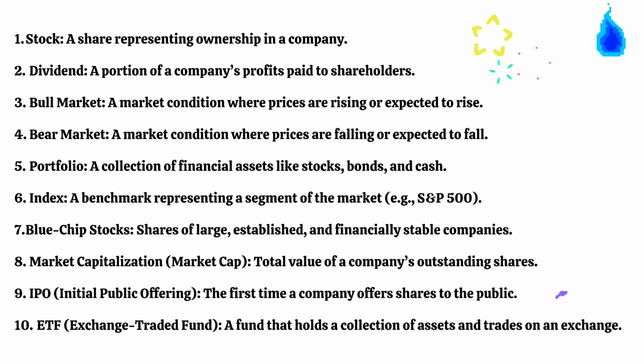And so that's IPO. Last but not least, ETF, exchange traded fund, a fund that holds a collection of assets and trades on an exchange. ETFs are indexes if an index was investable. So an ETF is basically the same thing. It tracks a basket of stocks. Just like the S&P, there are ETFs for the S&P. An ETF can have 500 different companies in one stock. You're investing into this one thing, but it holds 500 different companies.